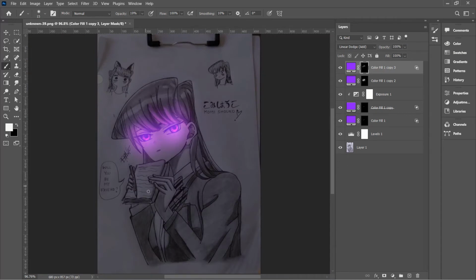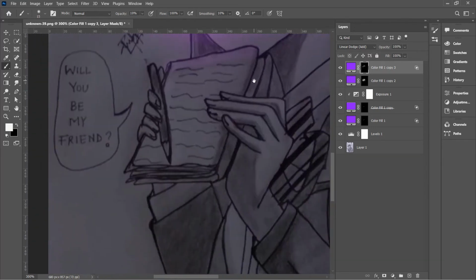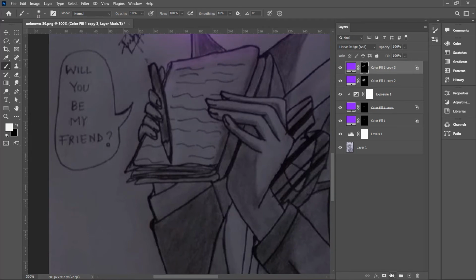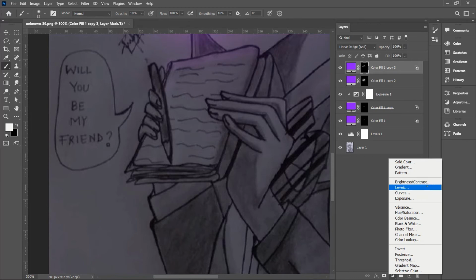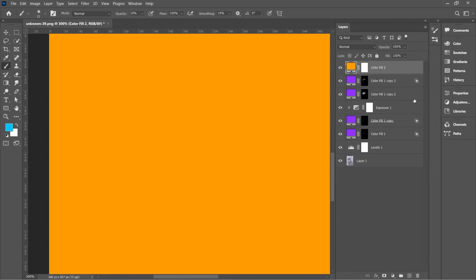Amazing. Now let's start with the pencil, and for the pencil I chose an orange color, so like a bright gold color. You can see, it's between a yellow and an orange, gold. So let's go to solid color, and let's just pick a gold color like this. I think maybe to the side, that color. Now let's hit OK,